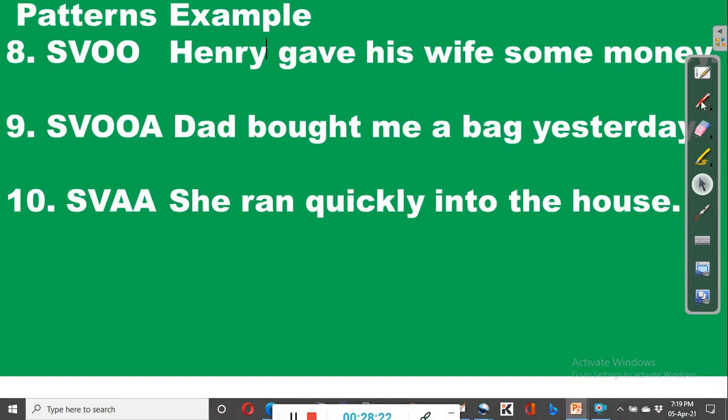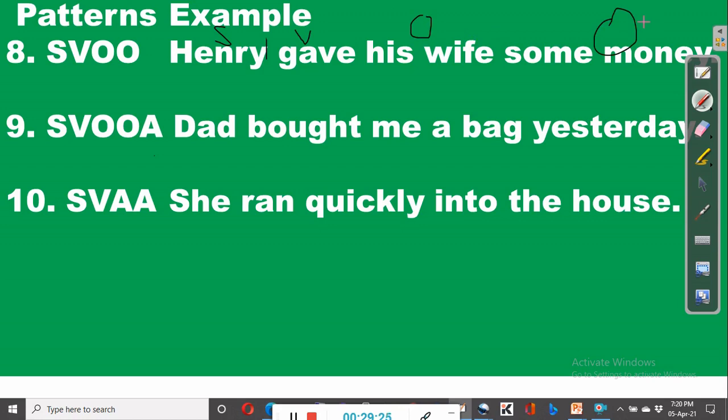Then we look at number 8, and what we have here is SVOO, subject, verb, object, object. You may ask, why should we have two objects here? One is a direct object, the other is the indirect object. So here the subject is Henry, the doer of the action, and you can see a regular pattern. The subject always comes first in a declarative sentence. Of course, we have a variation if we use another sentence type, such as in an interrogative sentence or an imperative sentence. Then we can begin to see a change in this structure. All right, so Henry is the subject, gave is the verb, his wife is an object, the indirect object,